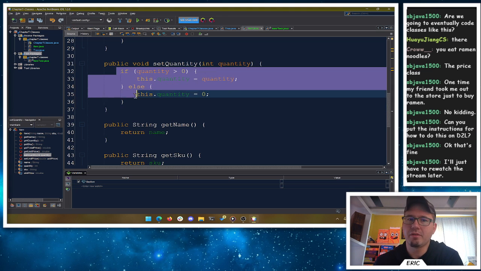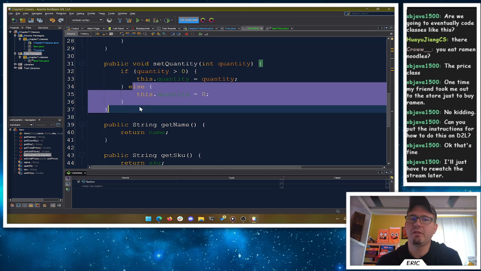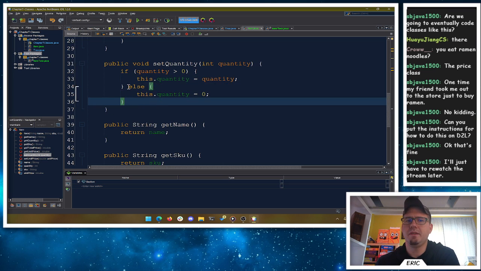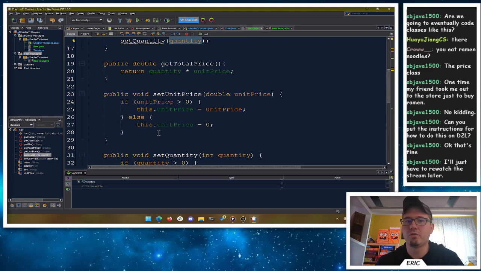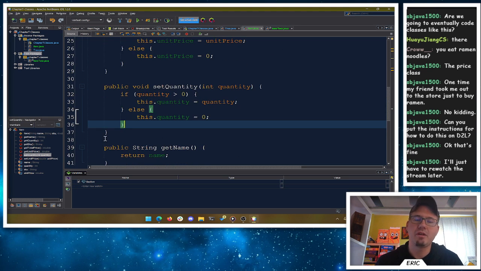If you don't care that it actually gives you a 0 instead of negative, then don't put this in. But if you care that it gives you 0 instead of negative, we should test that it gives you 0 instead of negative. We need to test for it. We want to test all of our code. We want to have 100% code coverage and make sure that all of our code is run at some point when we're writing our code. Now, there are some actual business trade-offs to this sort of thing here.